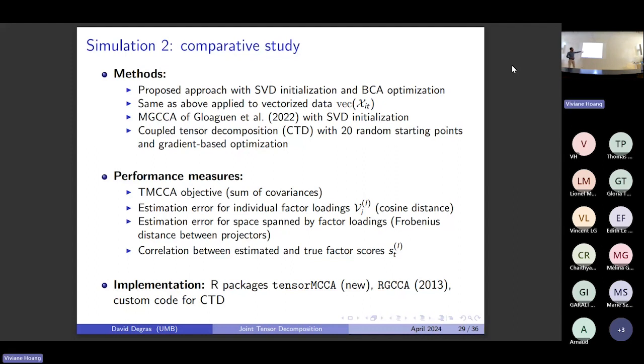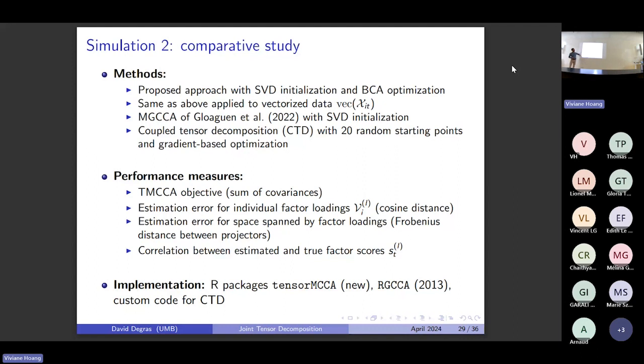How do you recover the factor loadings, the canonical weights? Same thing, but if you're not looking at the factor loadings one by one, but looking at a space that is spanned, how do you recover that subspace? And lastly,